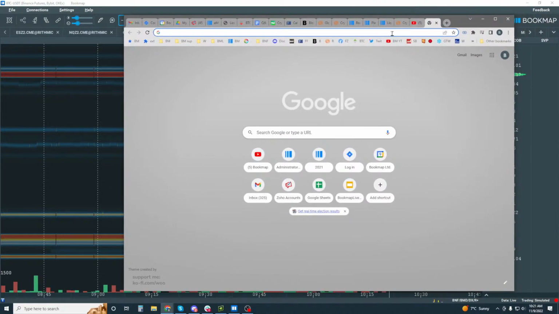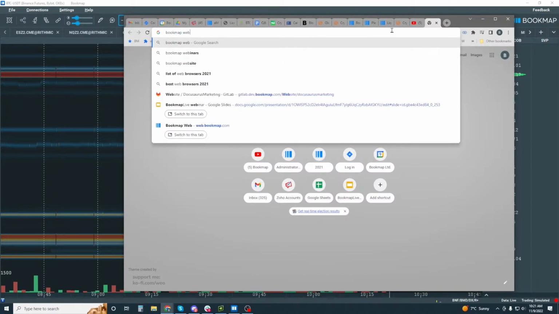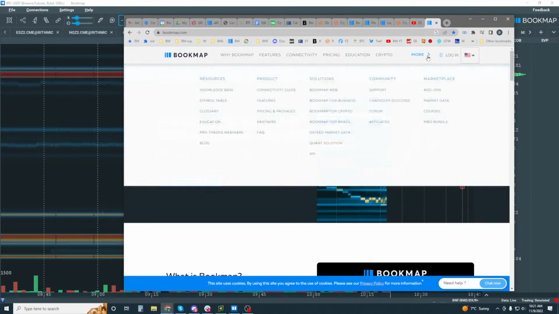Here, we'll just do a Google search for Bookmap web. Or here, you could do that, and you can click right on it right here. Okay, so that's one way. You can also go to our website and then click on more here, and you can go to